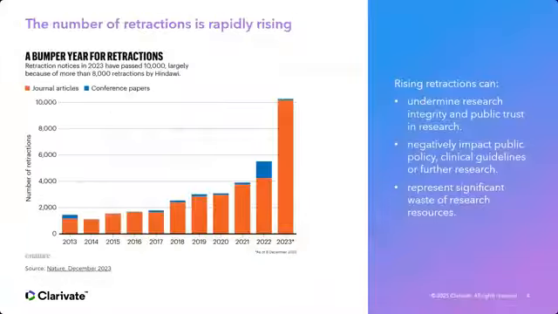Now, some of you might feel that, okay, that's fine, I know how to identify these questionable journals, but you also need to pay attention to things like retraction. Do some of these journals have a high level of retraction rates in recent times? What are the reasons? What's the context behind those retractions? These are also points that researchers like yourself will have to consider when identifying some of these journals.